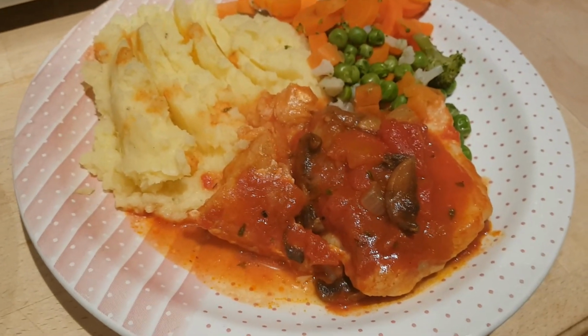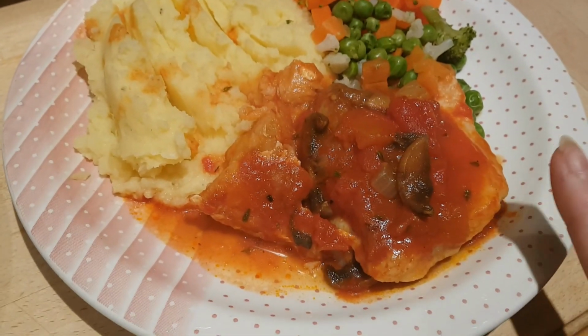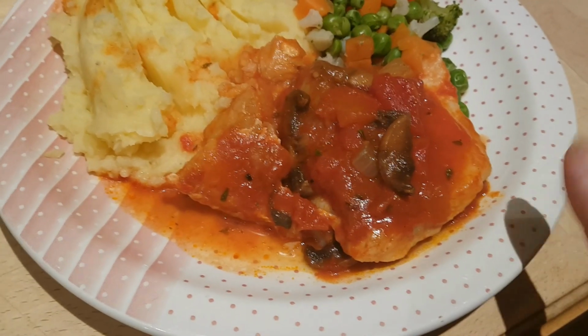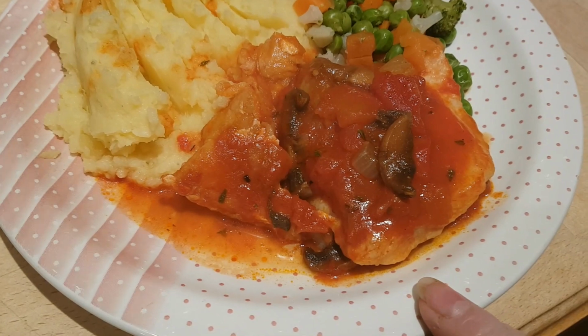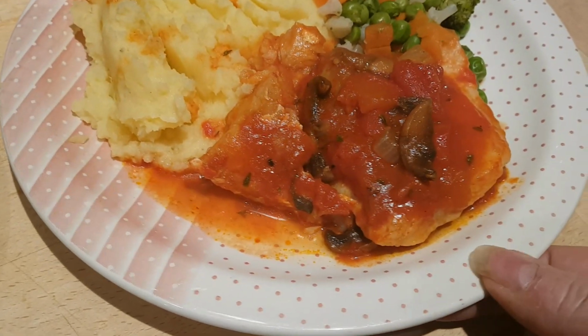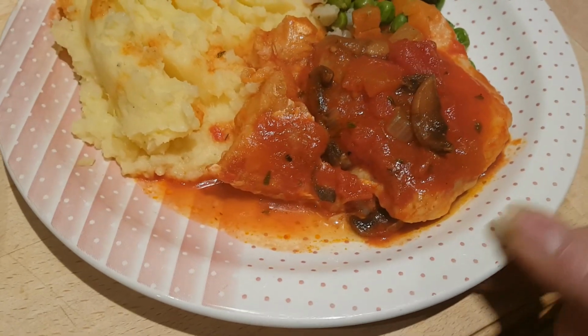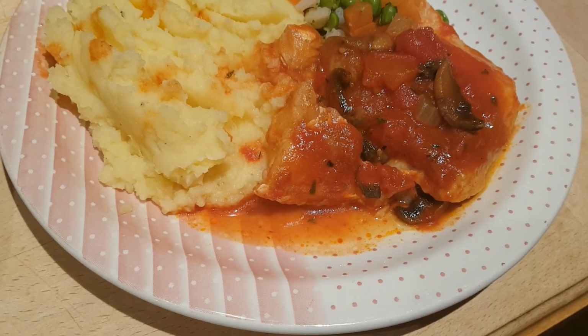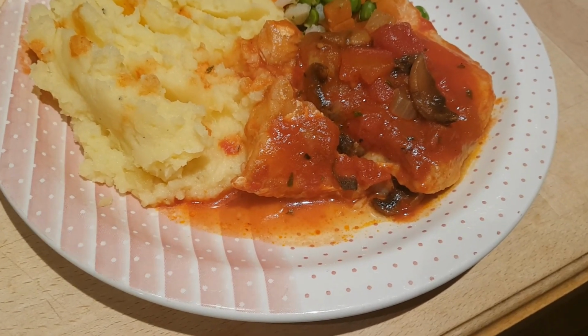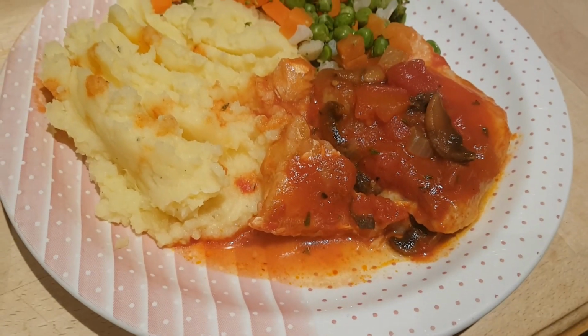Hi everybody, so it's Friday night fish night. So tonight we've got tomato thyme cod or tomato mushroom thyme cod. So all this is some onions that I softened in a pan in a little bit of oil. I added in some chopped mushrooms, cooked it down for just a little bit longer, and then I added to that a can of chopped tomatoes,